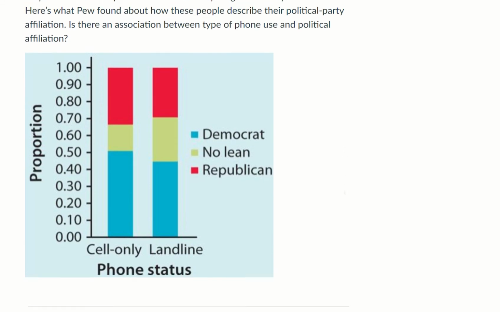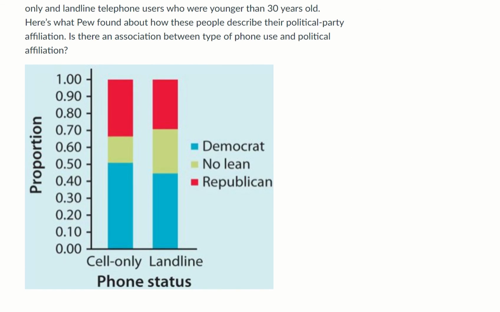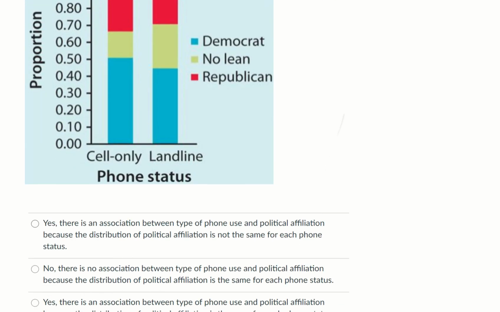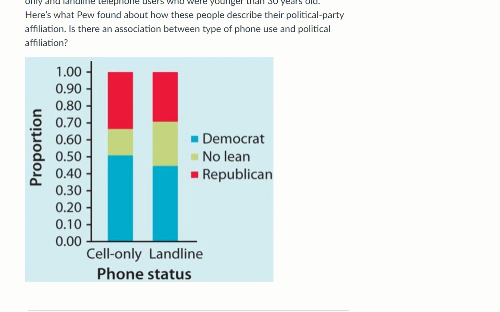Okay, so basically if they use cell phones, are they more likely to be, for example, Democrat? Are they more likely to be using cell phones only, or are they more likely to use a landline, and so on and so forth? Okay, so that's really what we're asking. Is there some kind of association between those two? So clearly we're seeing that